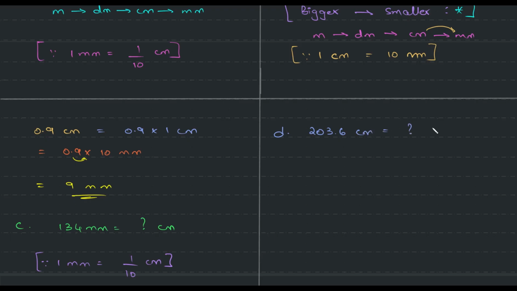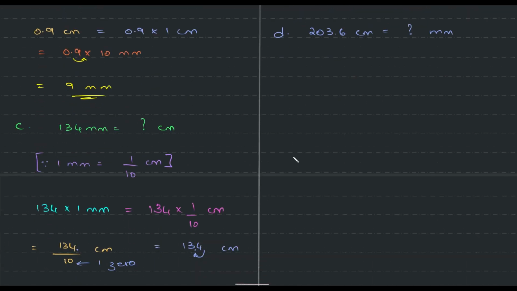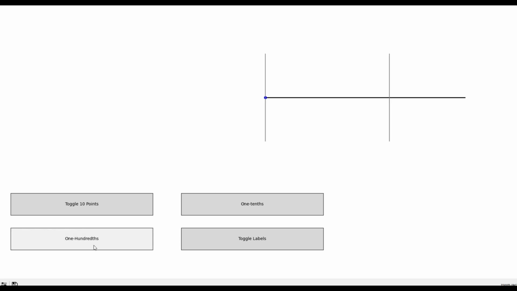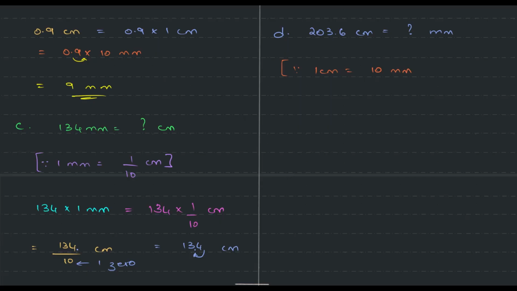is equal to how many millimeter? So guys, we know that 1 centimeter is 10 millimeters, is it not? So just to confirm, let me show you guys this. Say this small length is a centimeter. Then we divide this into 10 parts. Each length will be a millimeter. And so we have this, and we have